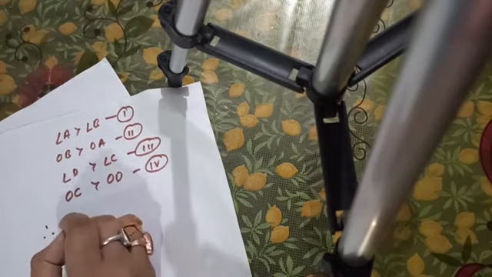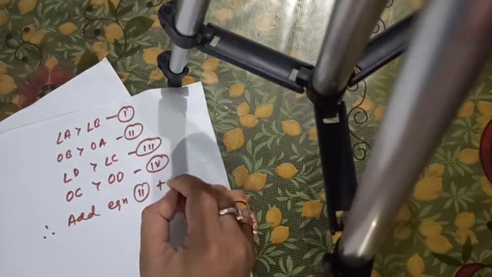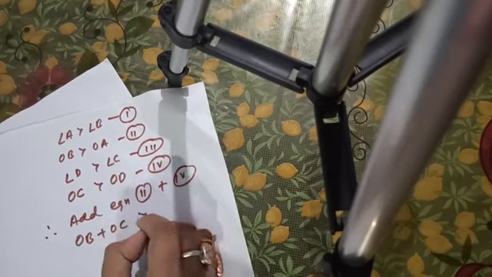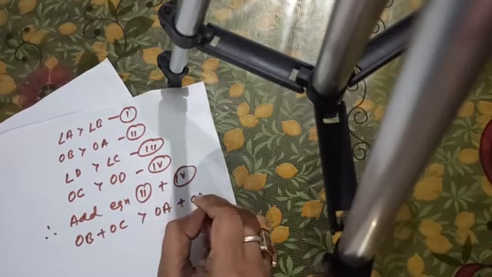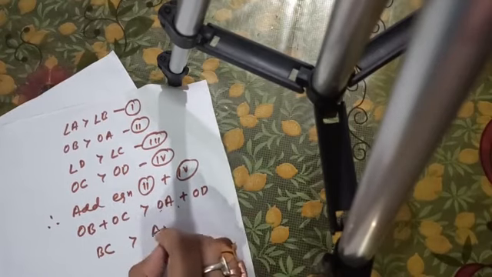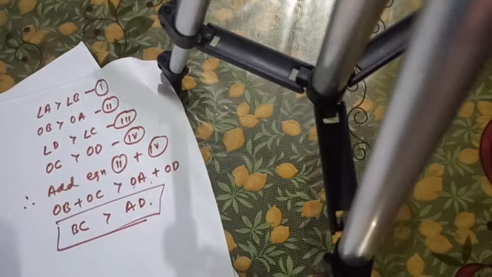Therefore, if I add equations 2 and 4, on the left hand side we get OB plus OC is greater than OA plus OD. OB plus OC is the side BC, and OA plus OD is the side AD, which is the proof that the side BC is greater than AD. Okay, students?